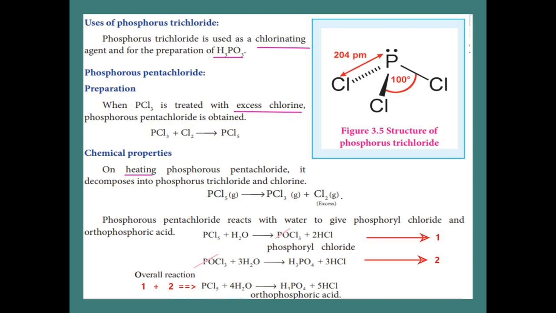You see that in the first reaction, on the product side, we have phosphoryl chloride. In the second reaction, on the reactant side, we have phosphoryl chloride. So strike out these two phosphoryl chlorides. Then we add: the first reactant is phosphorus pentachloride, and on the reactant side we have 1 mole of water in the first reaction and 3 moles of water in the second, added together we get 4 moles of water. And on the product side there is 1 phosphoric acid, and 2 moles of HCl in the first reaction and 3 moles of HCl in the second reaction, added together we get 5 moles of HCl.